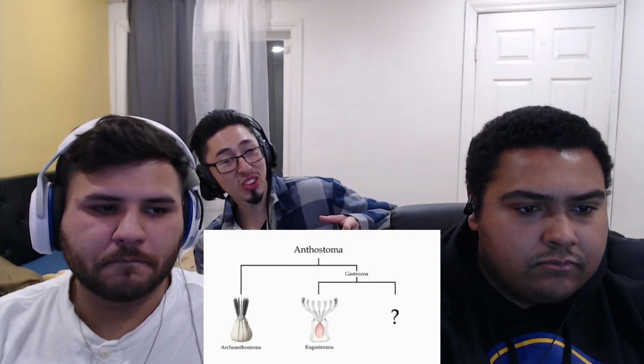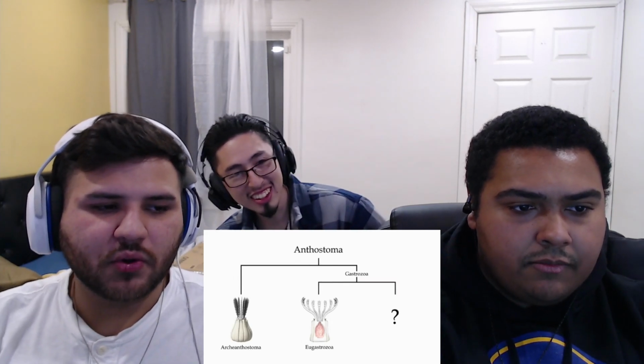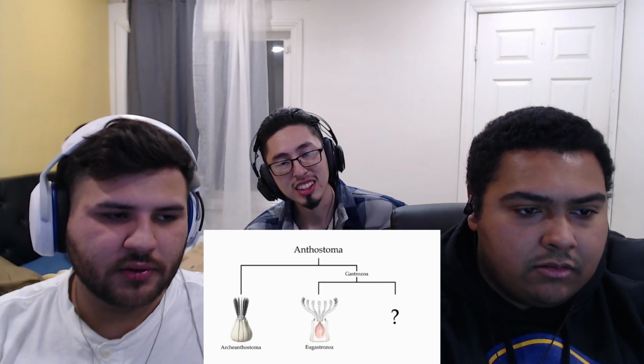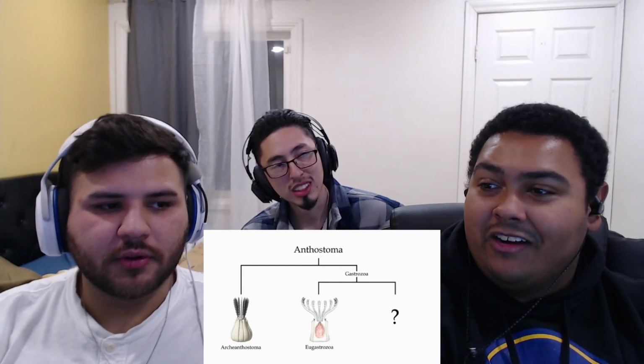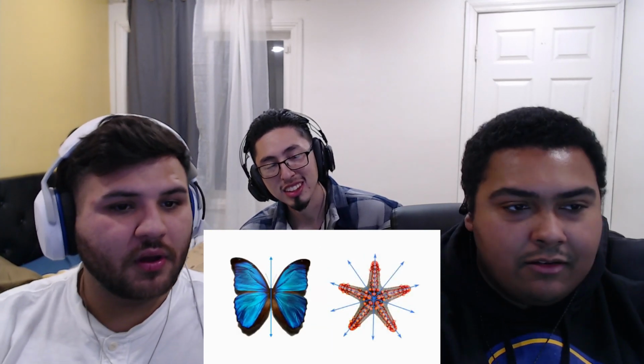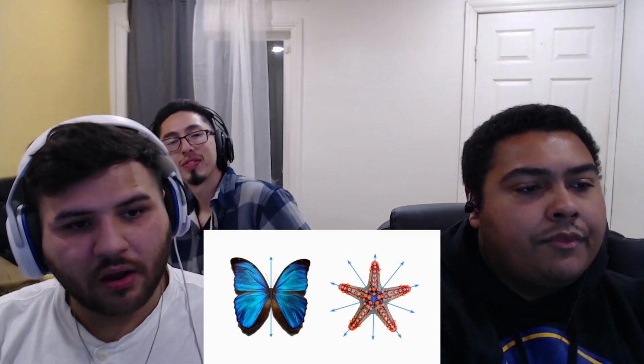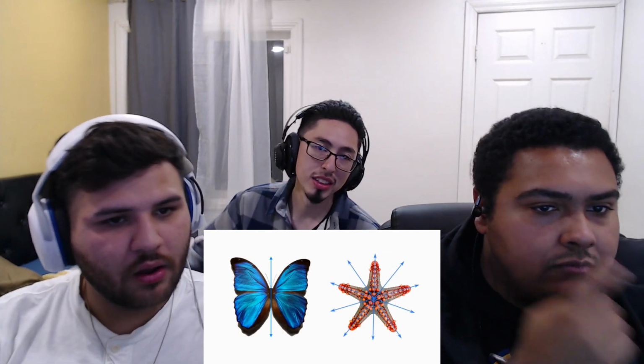Freed from the constraints of a sessile existence, this clade of gastrozoans may now specialize for active predation, which may entail some severe changes to their body structure. As we touched on last time, among animals on Earth there is a strong correlation between motility and bilateral symmetry.